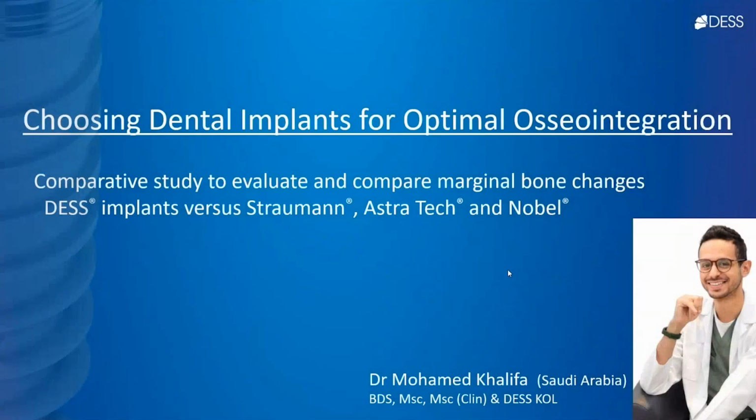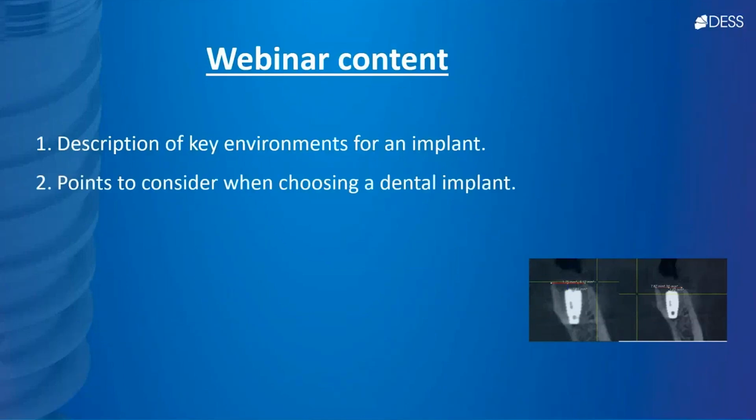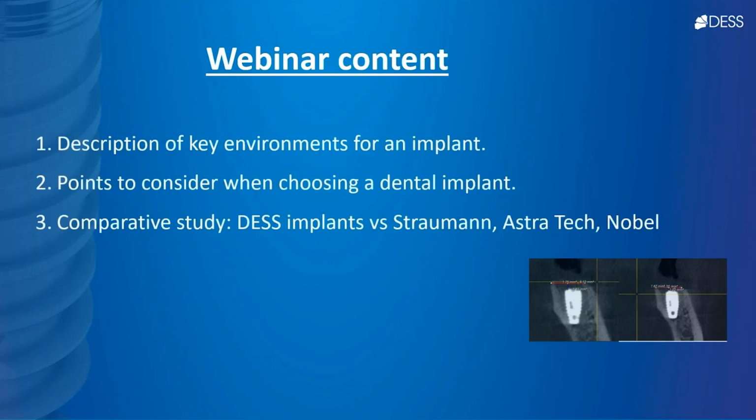Today, in the webinar, we will talk about the comparative study that the doctor has been doing in the last year, to evaluate the comparison between the marginal bone changes in these implants versus Straumann, Astra, and Nobel. During this presentation, we will have a description of the key environments for an implant, the points to consider when choosing a dental implant, and the comparative study of these implants versus Straumann, Astra, and